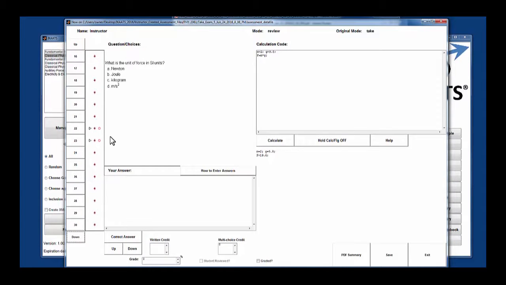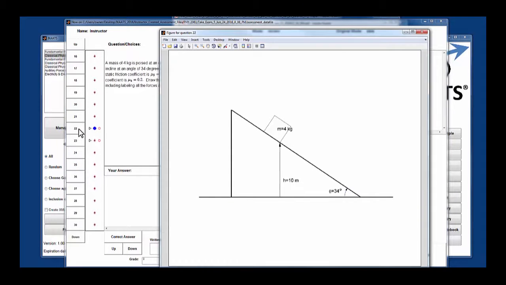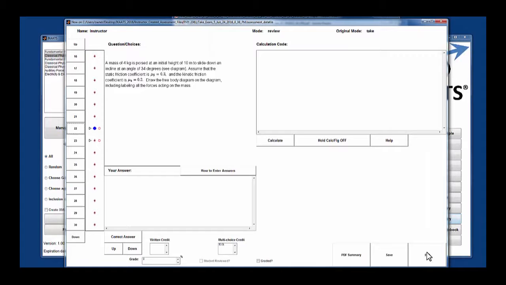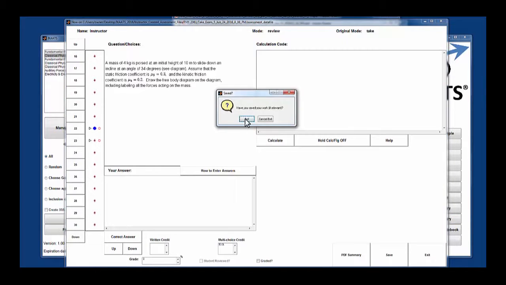The interface also displays figures. If we go down to one of the later questions, number 22, when I click on that, it brings up the figure associated with that problem in a nice big window that the students can easily see. Let's close out of the electronic assessment now, and let's look at the